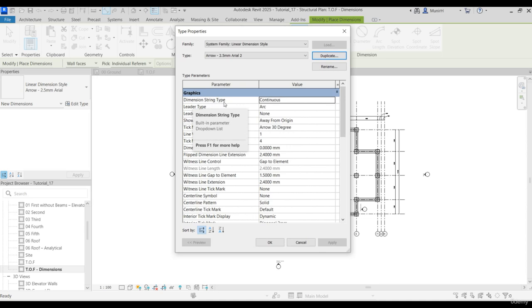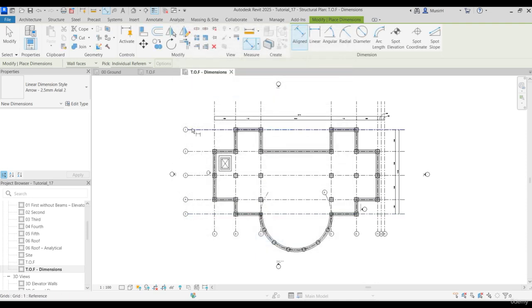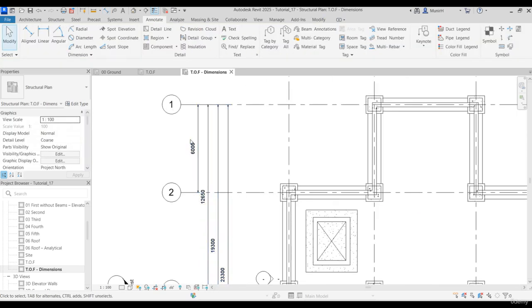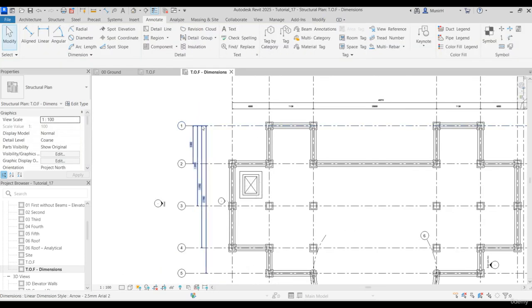The dimension string type here is continuous, and you can set it as a baseline. If you do it as a baseline, the dimension will look like this. This is another option of dimensioning if you want to. Can you see that? It starts with the first one that you picked as your baseline and then continues to measure